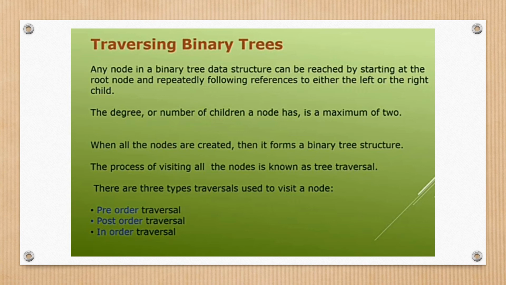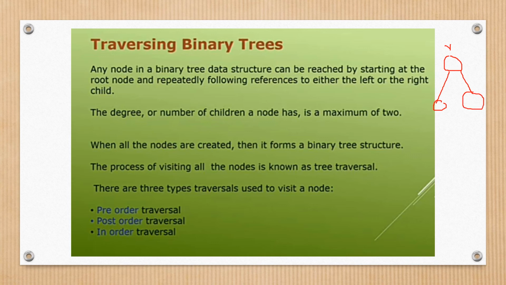A node in a binary tree data structure can be reached by starting at the root node and repeatedly following references to either left or right. For traversing, we have to start from root node and then we will go left or right according to the type of traversal technique